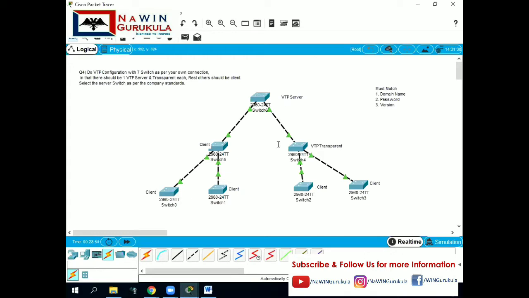Right now I've considered this diagram. But since we also have to do a trunking port, from the uplinks, from switch to switch, this port should be a trunk port. Right now I have not done that, I'll take a minute to complete it.